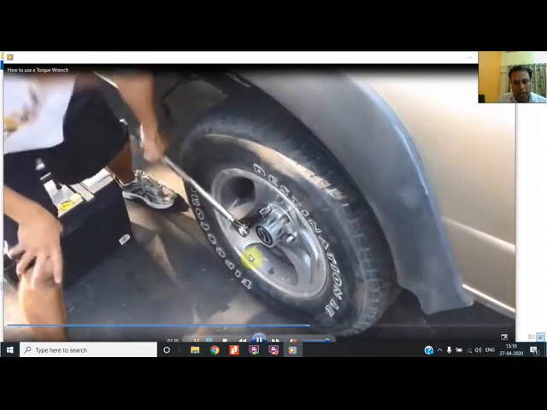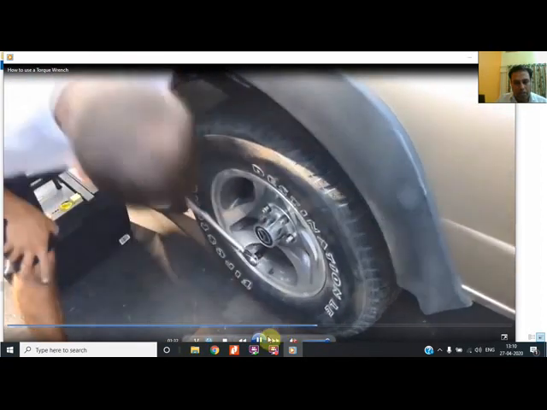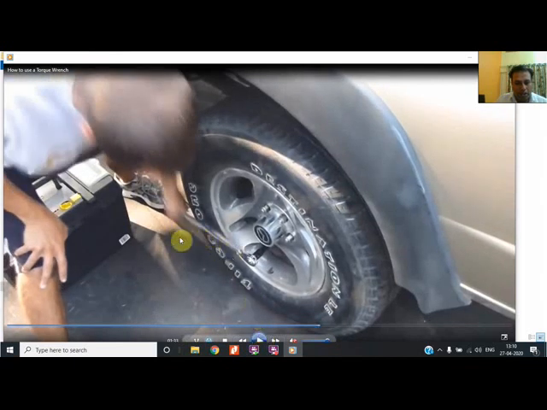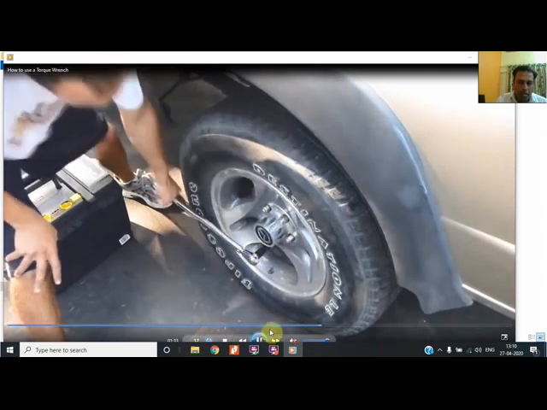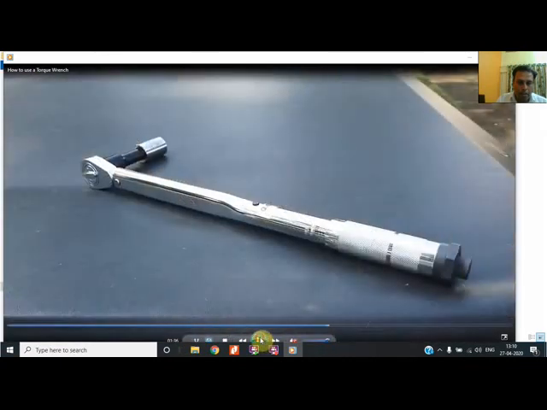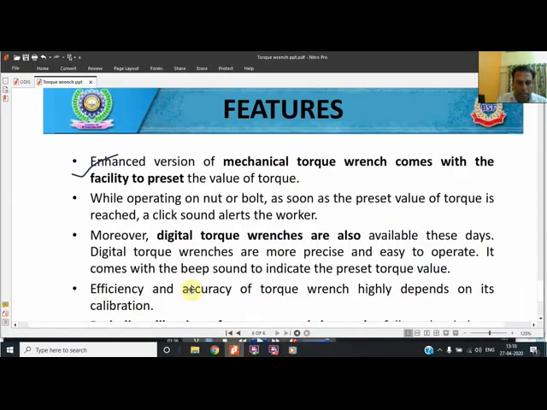At the last moment he will hear one slippery sound, and from the slippery sound he will identify that the 18 foot-pound torque which he has set has been reached, and the specified torque is applied to this nut. Now he will move to the second, now to the third, and one by one he will tighten all these nuts. So the click sound is the main thing that we have to hear.